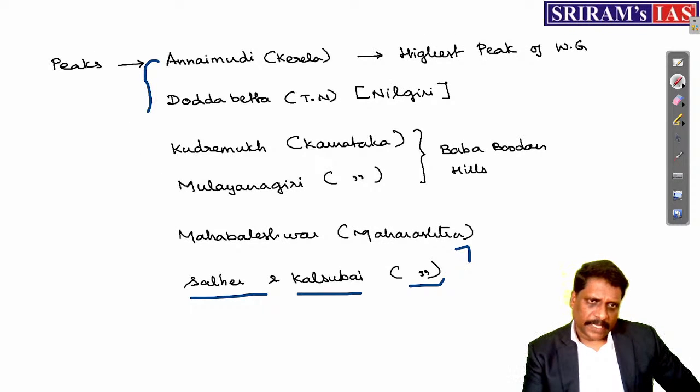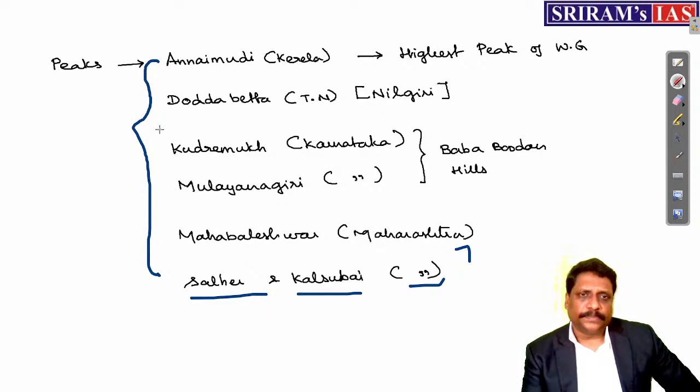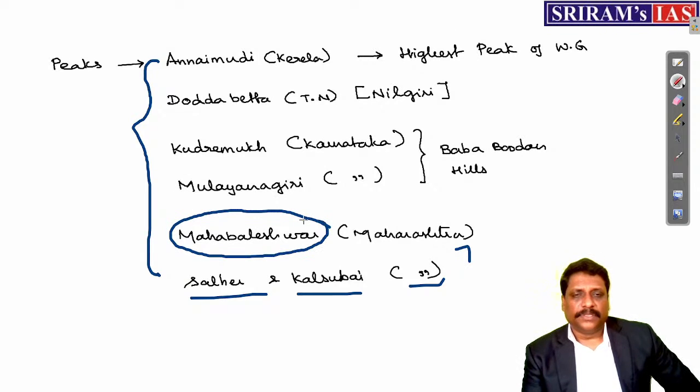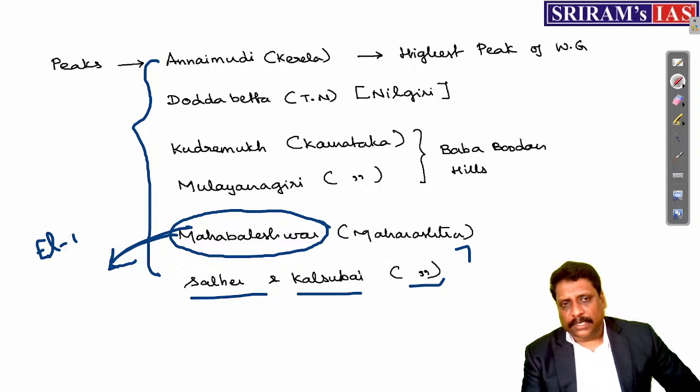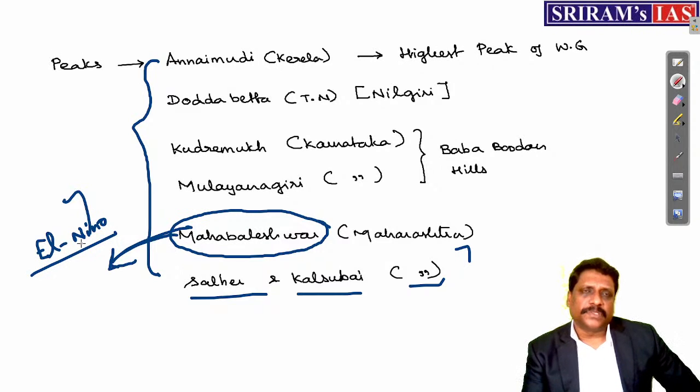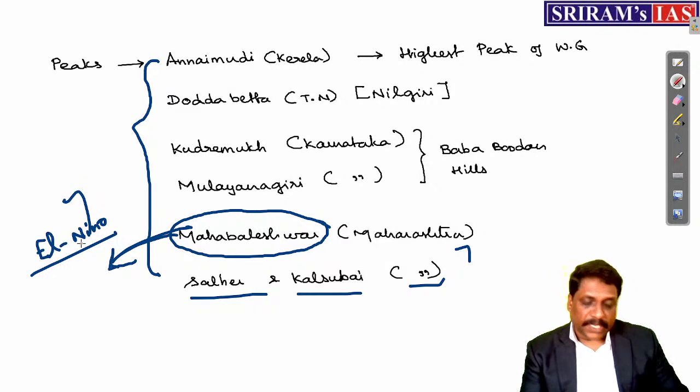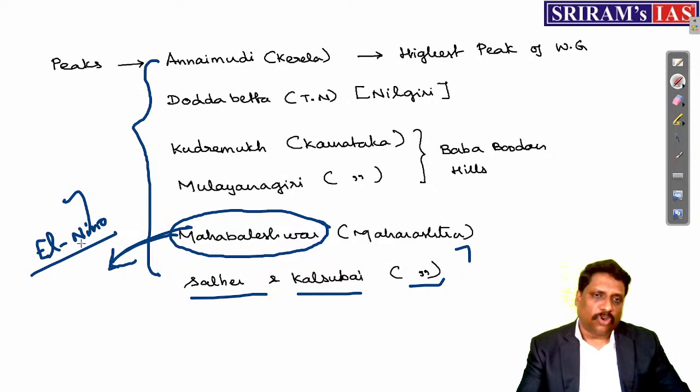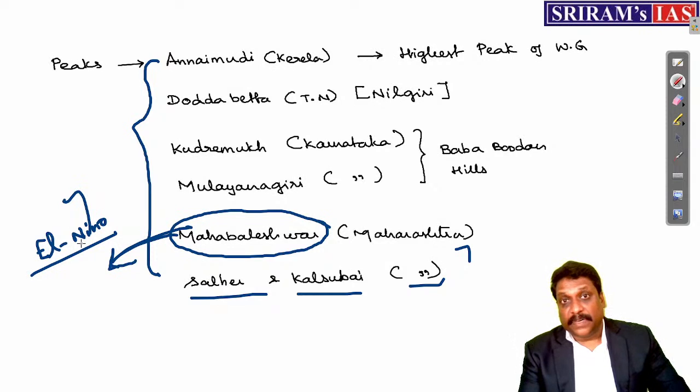My dear friends, I have just given these peaks. Mahabaleshwar is very important. Why it is important this year, I'll tell you. Maybe the data are not yet available. Normally, when El Nino occurs, the Bay of Bengal branch of the Indian monsoon becomes slightly weaker, and the Arabian Sea branch of the Indian monsoon becomes slightly stronger. In that way, normally places like Cherrapunji and Mawsynram will be the wettest places in India.